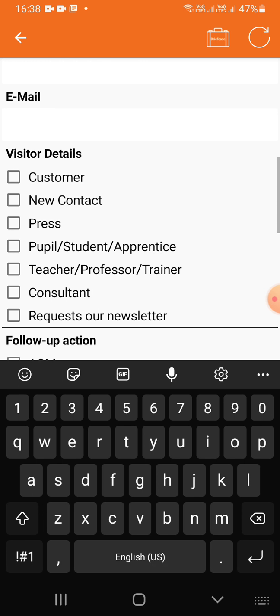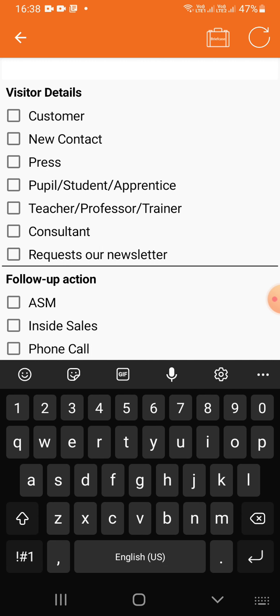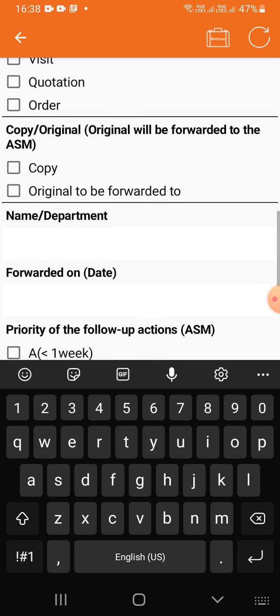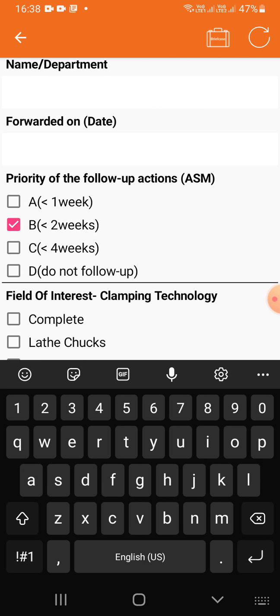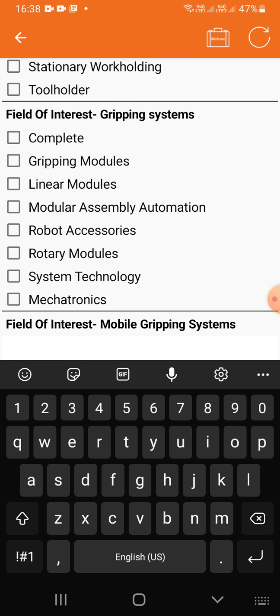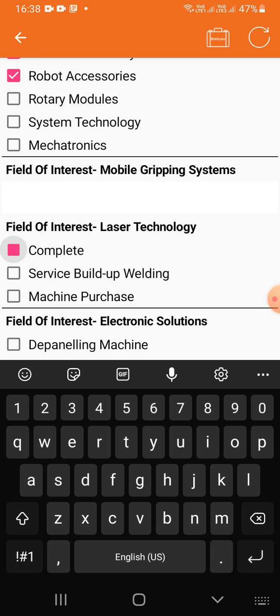But it will directly come to the section of the visitor details, whether it's a customer, press, or whatever. Then what is the follow-up action required, what do they need. These are the different elements that were there in your inquiry form, and you can see it's very simple, click and go.